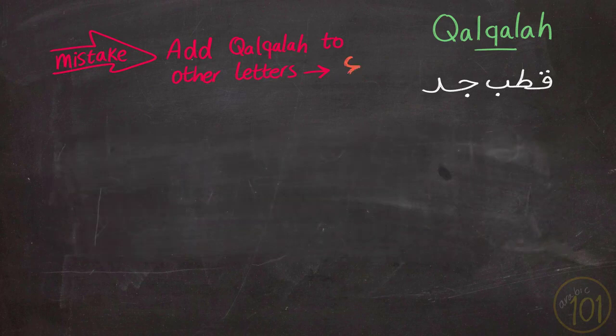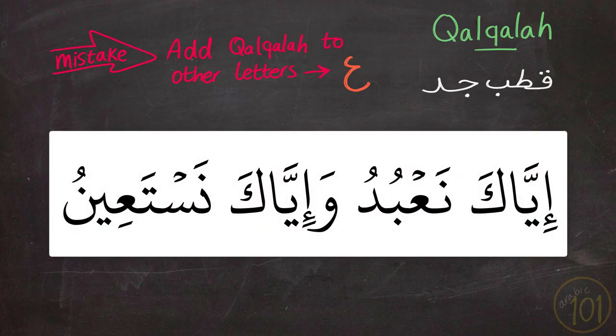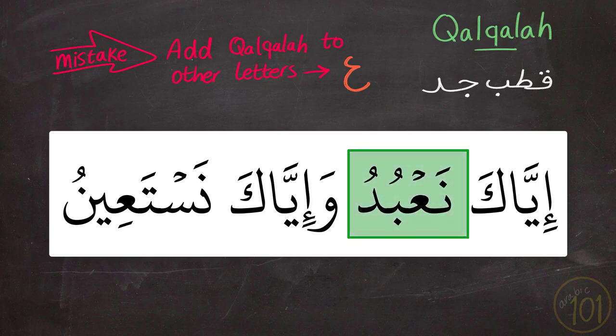Another mistake that is found in Surah Al-Fatiha that involves adding Qalqalah needlessly is in this ayah. إِيَّاكَ نَعْبُدُ وَإِيَّاكَ نَسْتَعِينُ. So saying نَعْبُدُ is adding Qalqalah needlessly, and this should not happen. So you should say إِيَّاكَ نَعْبُدُ وَإِيَّاكَ